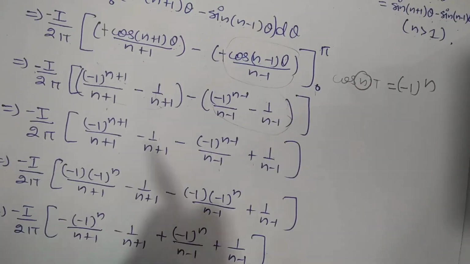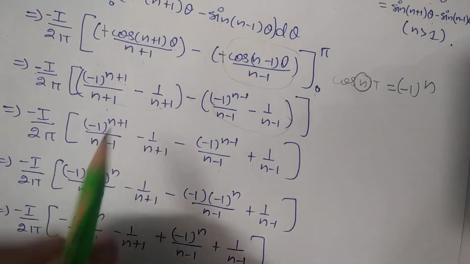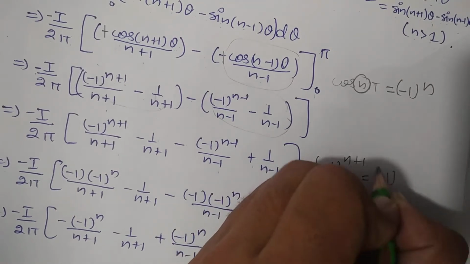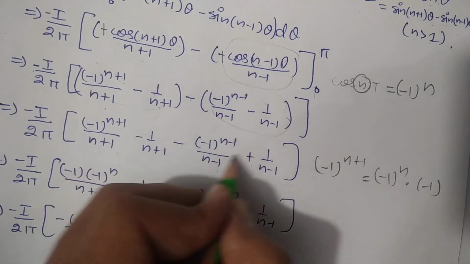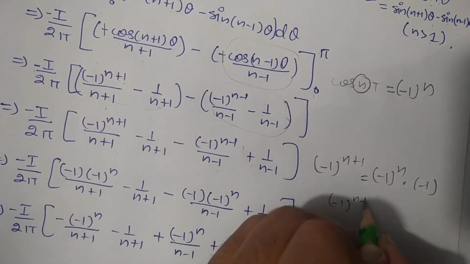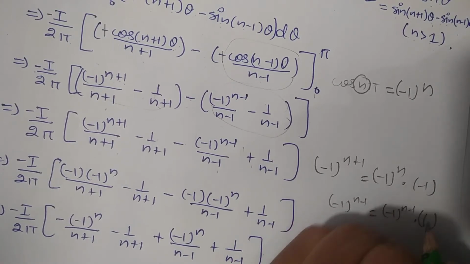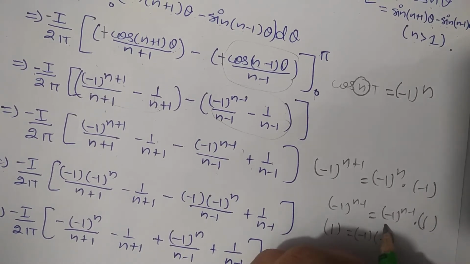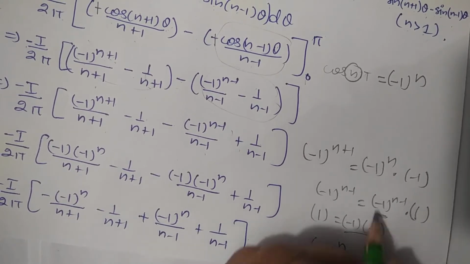Now multiplying with the minus, this value will be like that, and this minus will be plus 1/(n−1). Okay. So −i/2π into, students, this term, just see, (-1)^(n+1), can't I write it as (-1)^n · (−1)? So I'm just putting it like that. And here this term also (-1)^(n−1). I can write it as (-1)^(n−1) · 1, and that 1 I can write as (−1)(−1). Okay, if I multiply this with that term, then we will get (-1)^n · (−1). So I am putting it over there.